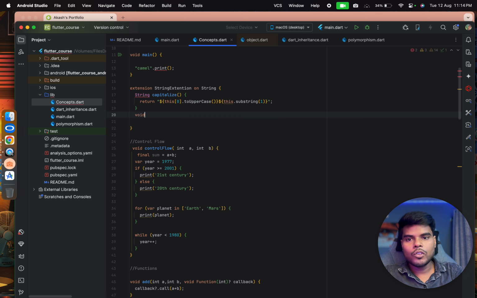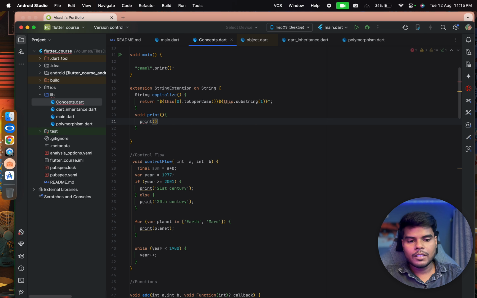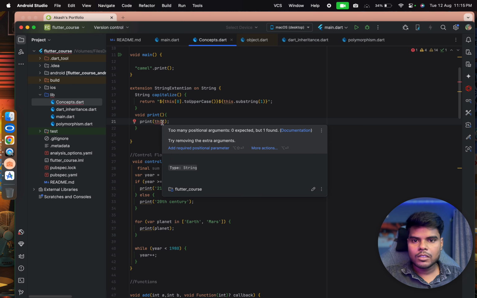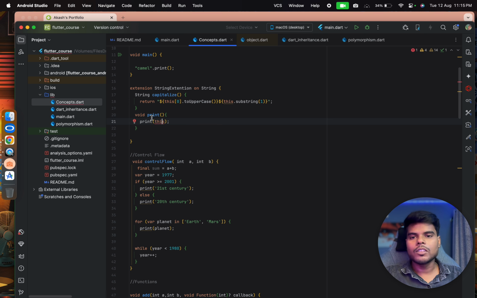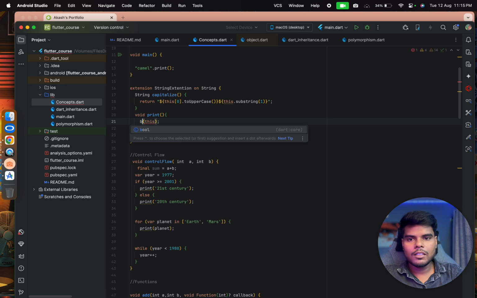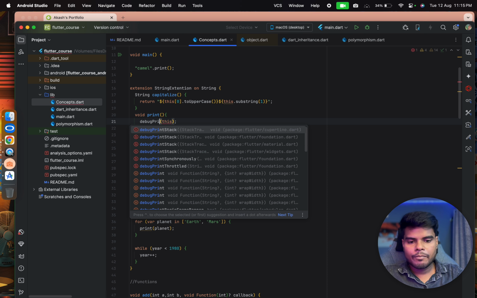so we can make our own. So void print, then whatever value is there we simply print it, this. Like this. Oh sorry, we are calling this function inside this. So if we want, we use debugPrint